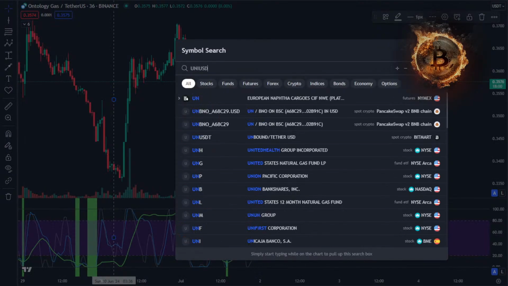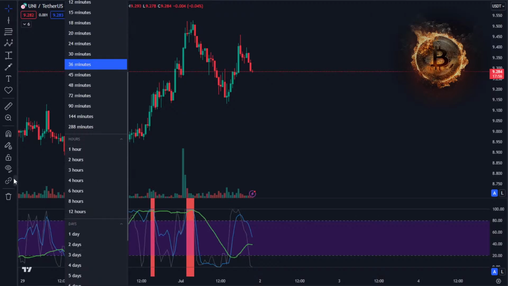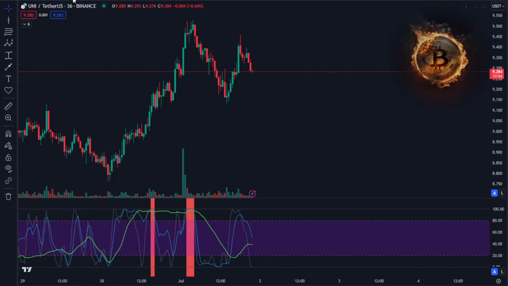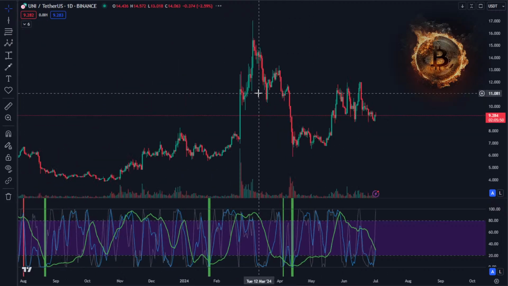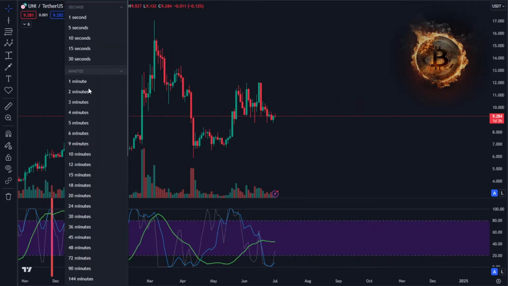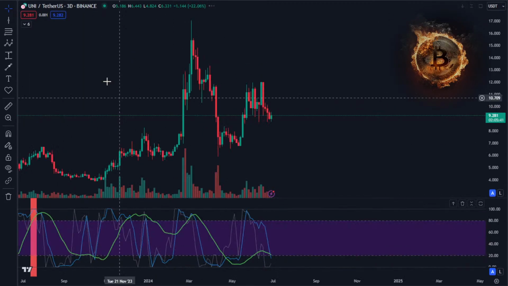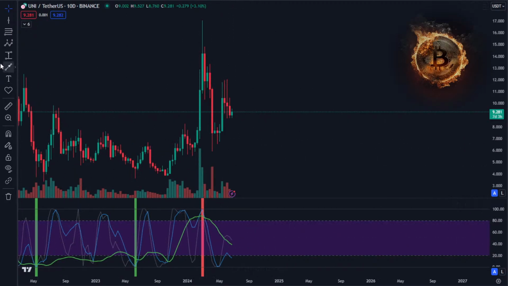Okay, USDT, go to the 1-day. Yeah, this could be just showing you that it has weakness. Let's go to the 10-day. Yeah, exactly. So here you had this showing it's gonna go down probably,